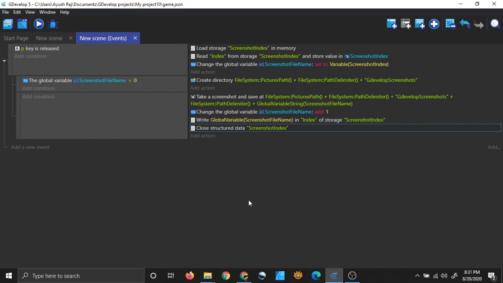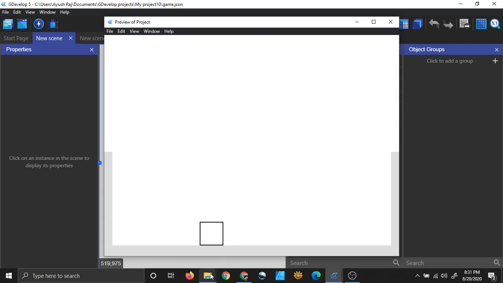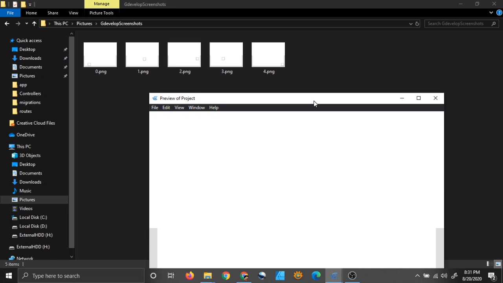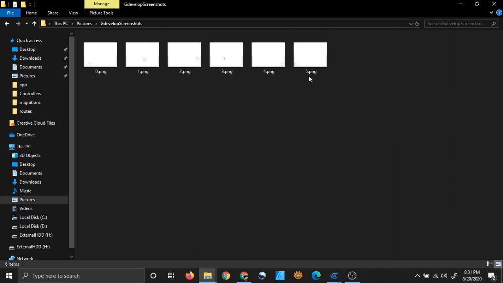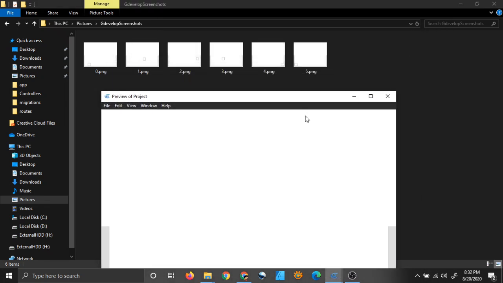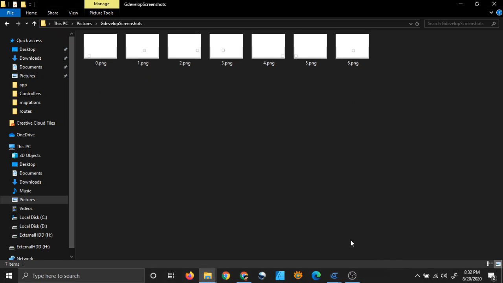Now I will again run the game and take some screenshots. Let me see where I have taken them already, so I can go to a different location. Okay, now I will go all the way to the left and I will press P. You can see I have a number 5 screenshot. Okay, I will now do it like this so that you can see. If I jump, you can see that my character is coming here. Now I will take a screenshot while jumping. So you can see a file was generated and its name is 6.